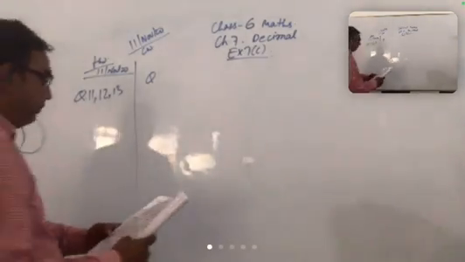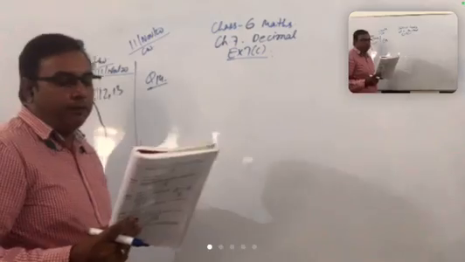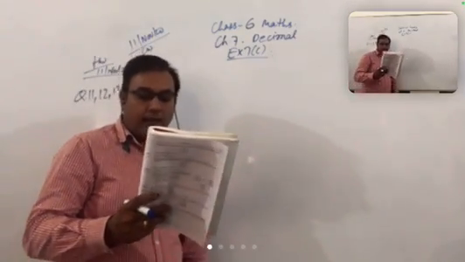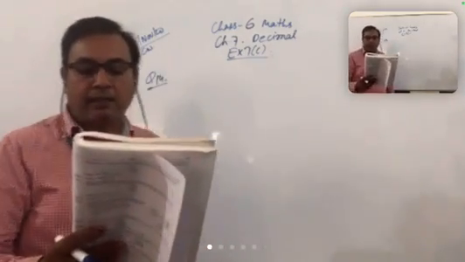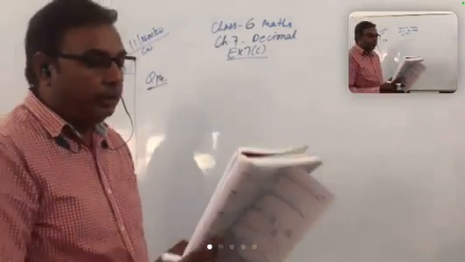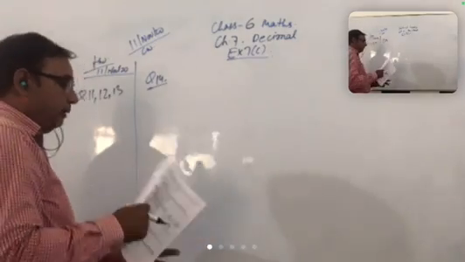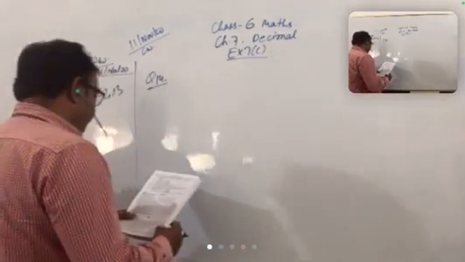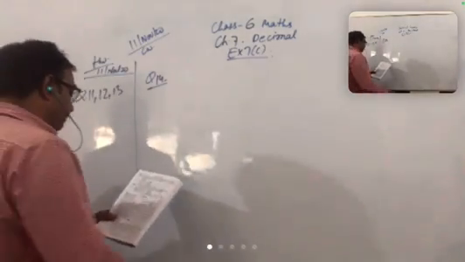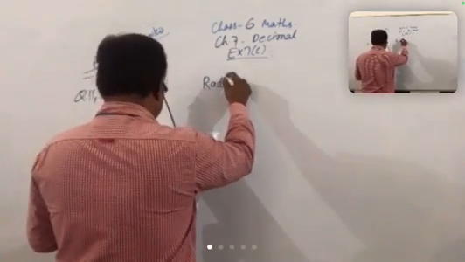Now the question number 14, last one for this exercise. You can do 11, 12, 13 on your own. Now, Radhika bought 2 meter 5 centimeter cloth for her salwar and 3 meter 35 centimeter cloth for her shirt. Find the total length of the cloth bought by her. So we have to write Radhika